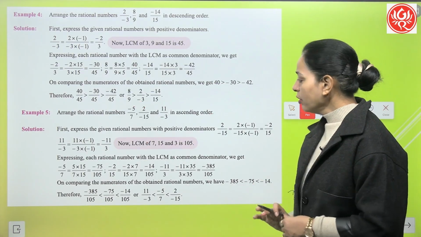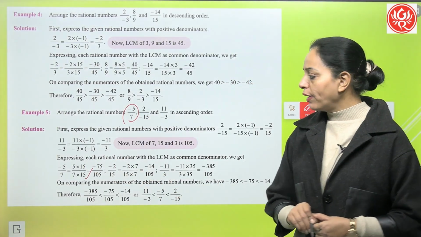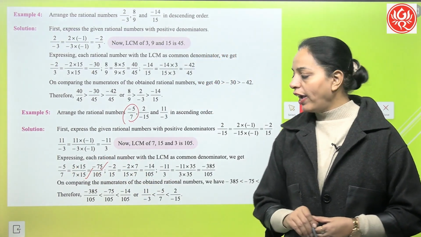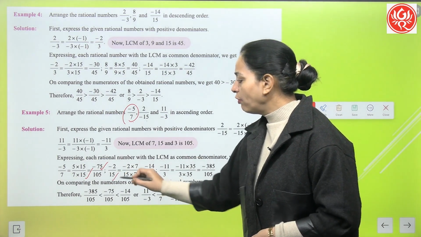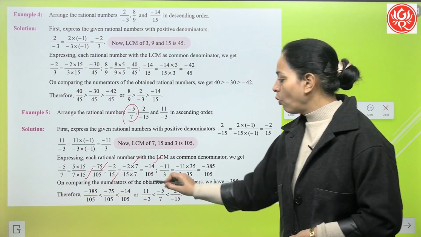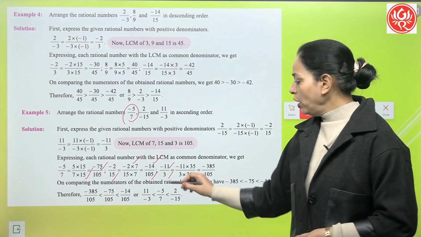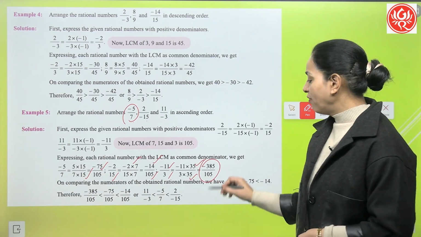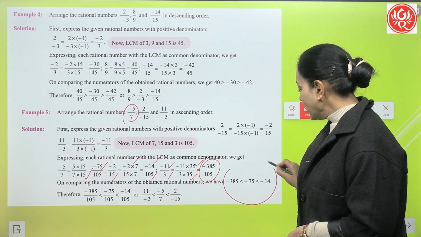105. Now we will change -5/7 with the denominator 105. So 7 into 15, 5 into 15, -75/105. The second rational number -2/15, 15 into 7, -2 into 7, -14/105. Now the third one, -11/3. So 3 into 35, -11 into 35, -385/105. We get these numerators,